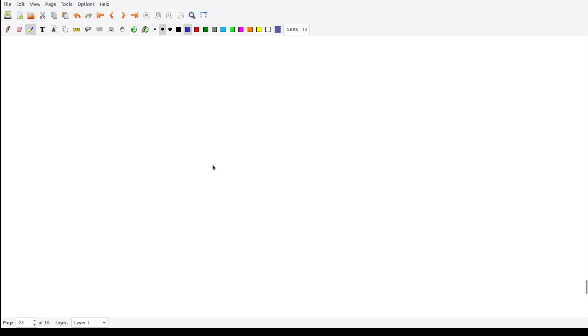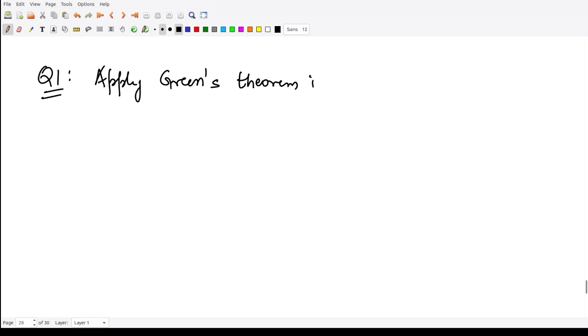So let us see our first problem on Green's theorem. Our question first is, apply Green's theorem in plane to evaluate